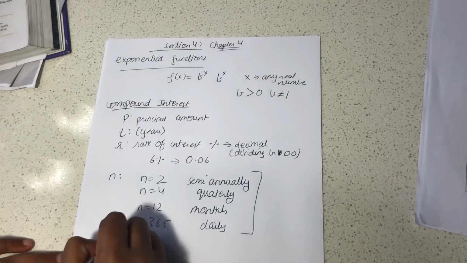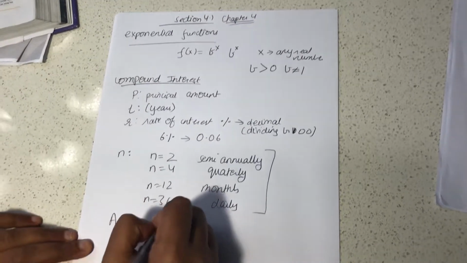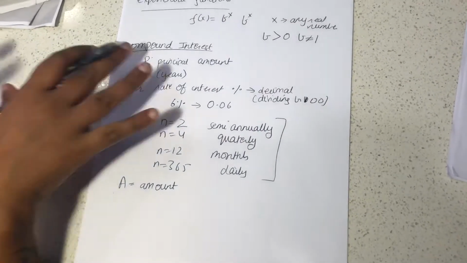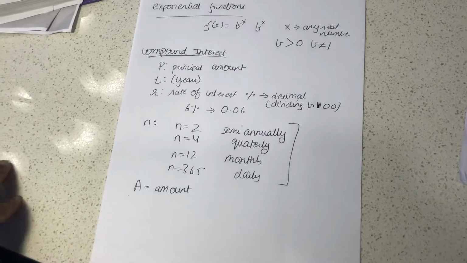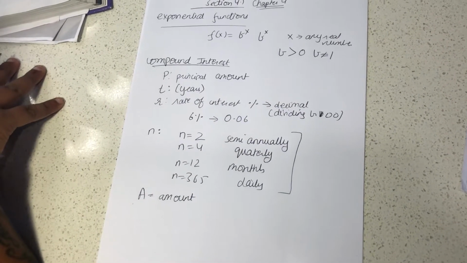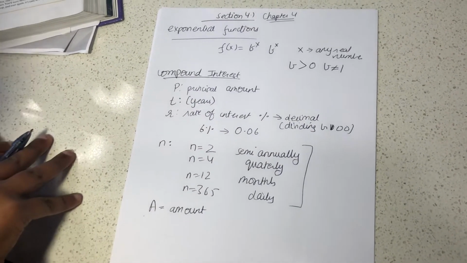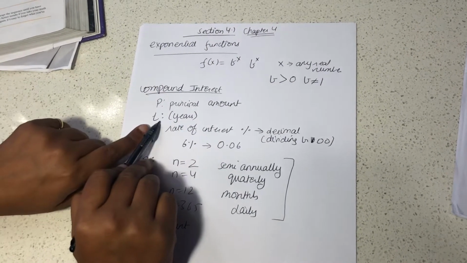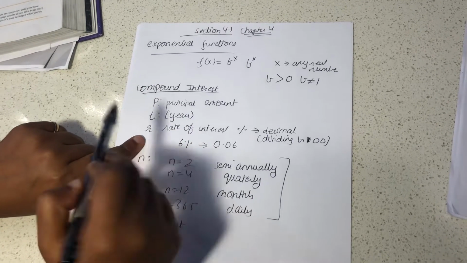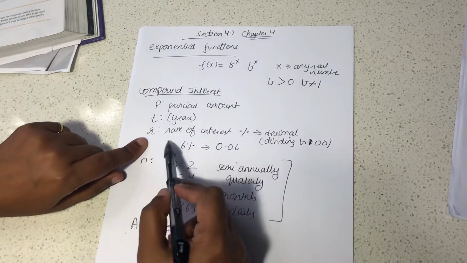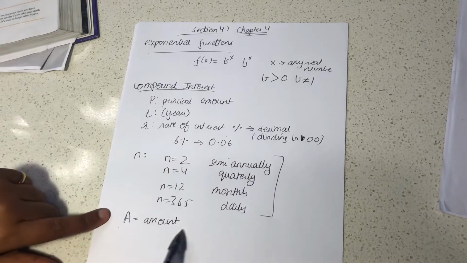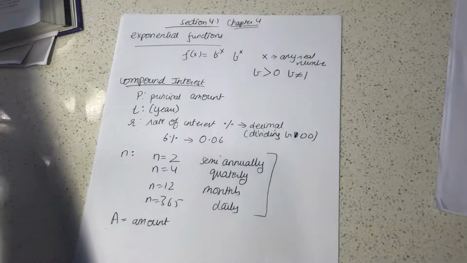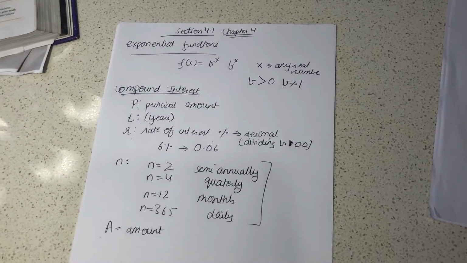And A is known as the amount. What is this? A is what you get after so many years. So if I say I deposited 10,000 in the bank at 5% for 3 years, 10,000 is my P, 3 years is my T, and the rate of interest is my R. A will be how much amount at the end I will get. So after 3 years, if I go to the bank and take out my money,